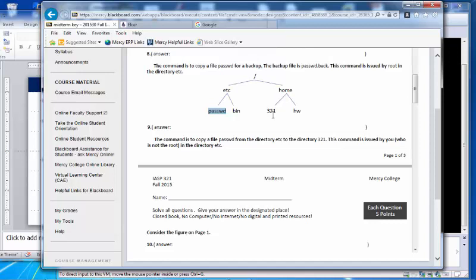Then mv, again, move has two arguments. Move what? From where to where? So source and destination. So mv, the source is passwd, but from the home point of view, passwd is not underneath, so it should be specified, for example, slash etc slash passwd. That's the source. For the destination, you may say slash home slash 321 or simply 321. It's up to you.